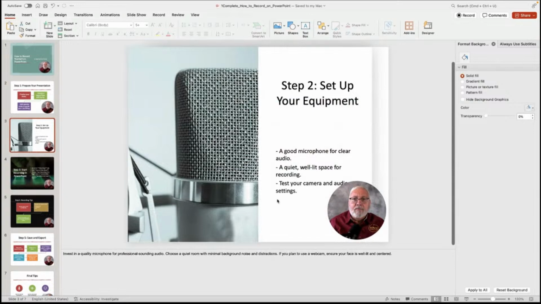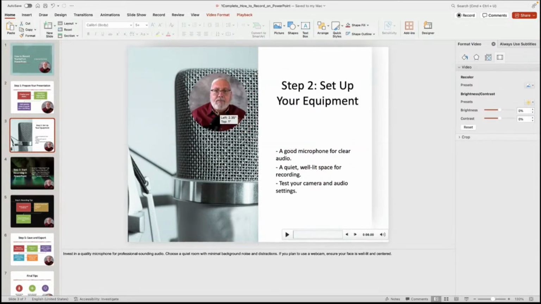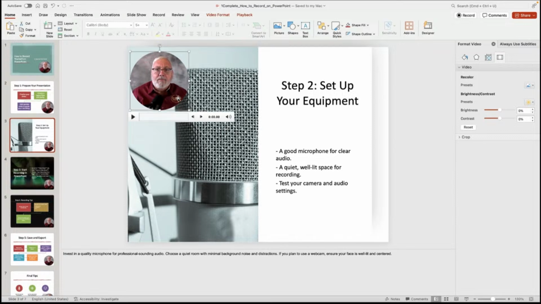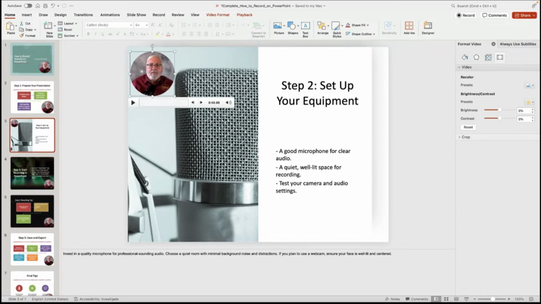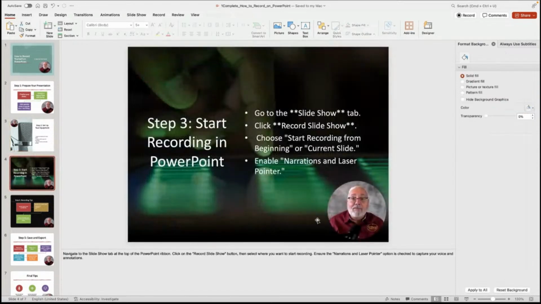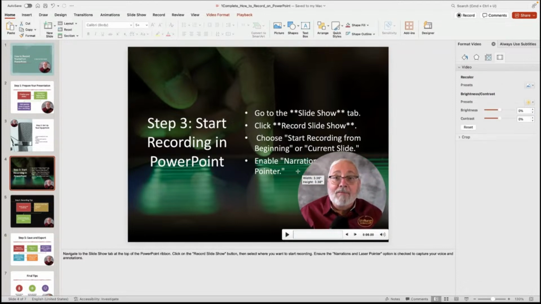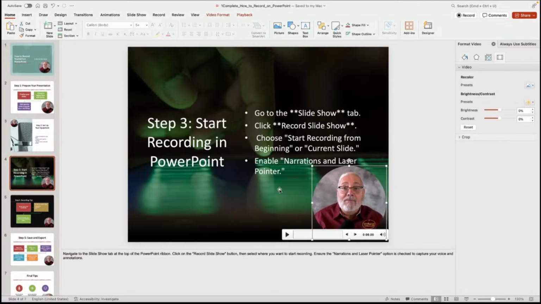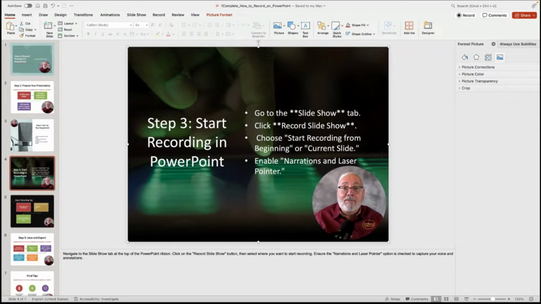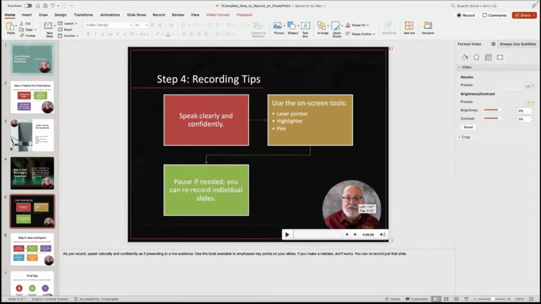So each one is an individual file. So again, this one, obviously we don't want it there. Maybe we're going to put it up here. And I'm going to make it a little smaller so it's not blocking off that nice picture. This one, I could probably make it a little bigger. So you can really go in this and really customize this for however you want.